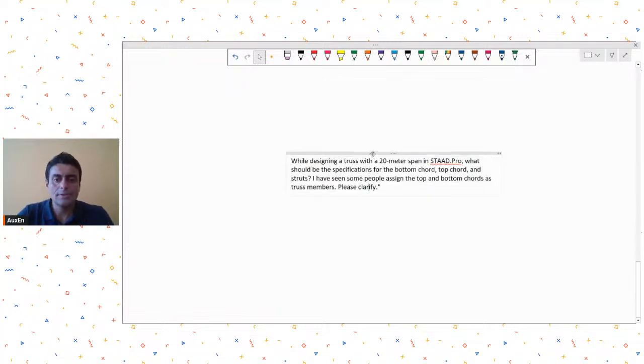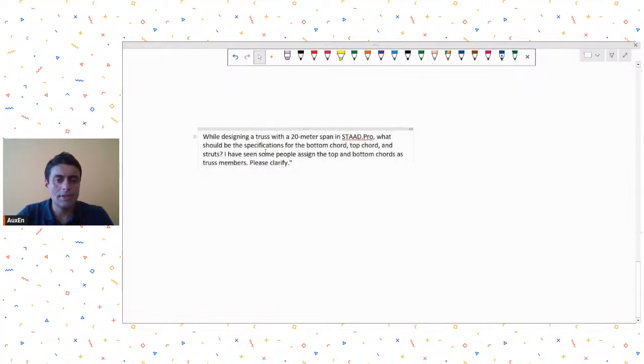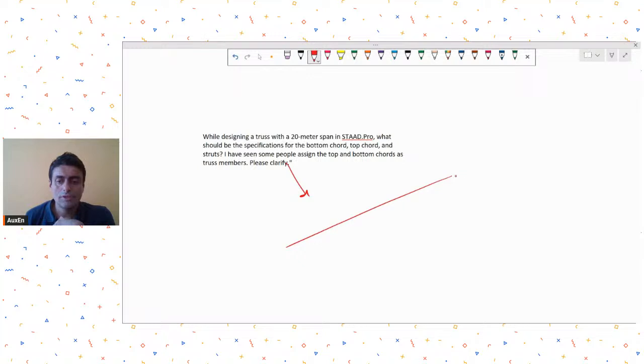While designing a truss, Engineer Ashish Kumar from Ranchi is asking: while designing a truss with 20-meter span in STAAD.Pro, what should be the specification given for bottom chord, top chord, and struts? I have seen some people assign the top chord and bottom chord as truss members. So I don't personally like to assign this truss specification to members, because please remember,